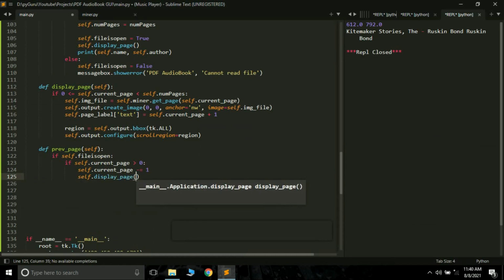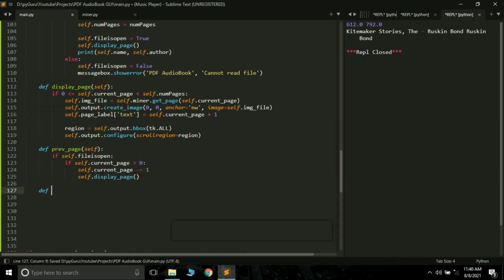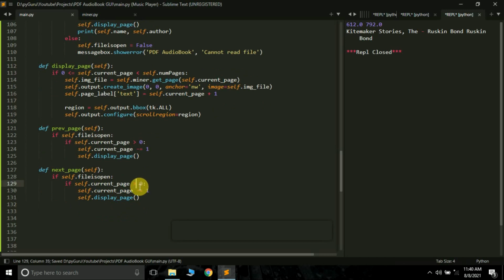Okay, let's just call it something like this. Similarly, def next_page, it will show us the next page. Let me just copy it and paste it here. Now we should be able to move forward to the next page too.